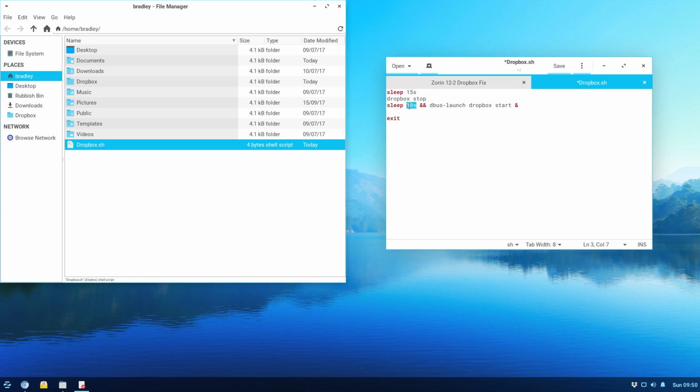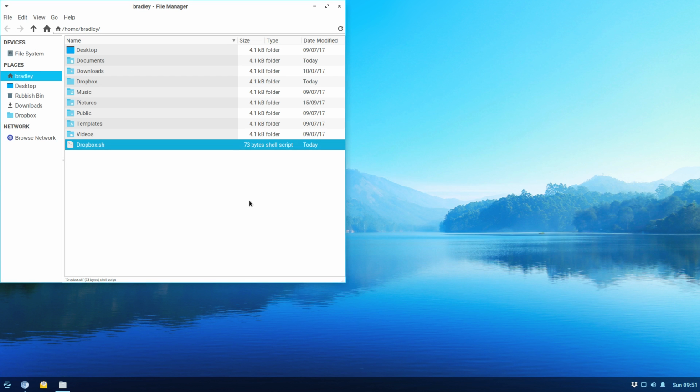I had the second one here at 5 seconds, and every now and again it doesn't work, so that's why I've recommended probably going to 10 seconds there. So it'll sleep a second time for 10 seconds, and then it'll just run this start command. So we'll just save that. We can exit out of there,